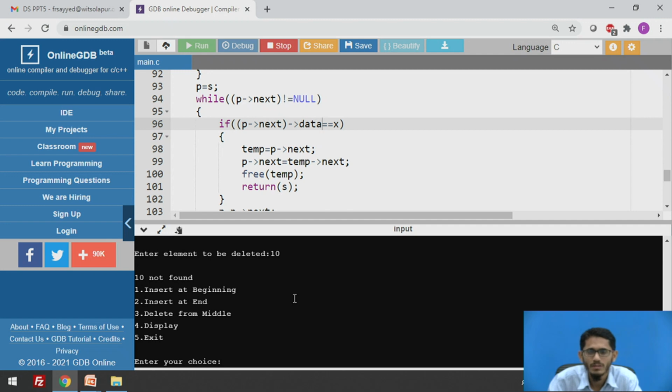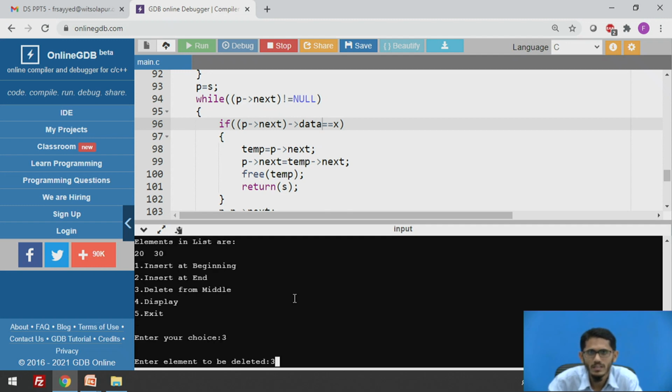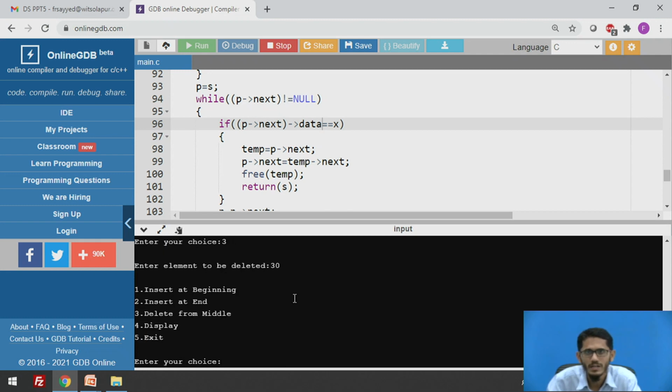So that is how you delete elements from the linked list. Let us suppose if I once again want to see the list of elements in my singly linked list, it is 20 and 30. So if I want to delete the element 30, I specify the option number 3, and if I specify the element value as 30, it deletes element 30. Let me see by displaying whether the element has been deleted from the linked list. Yes, it has got deleted. We have only element 20 remaining. Okay? So that is how you delete elements from the linked list from somewhere in the middle, or rather deleting a specific node from the singly linked list.